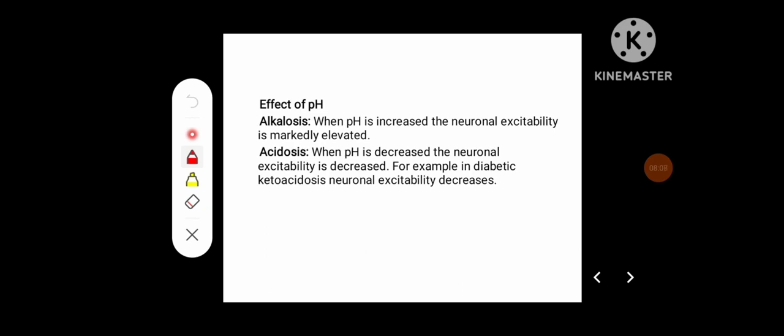There the pH also is going to affect, where in alkalosis, when pH increases, the neuronal excitability is markedly elevated, whereas in acidosis, where pH decreases, the neuronal excitability